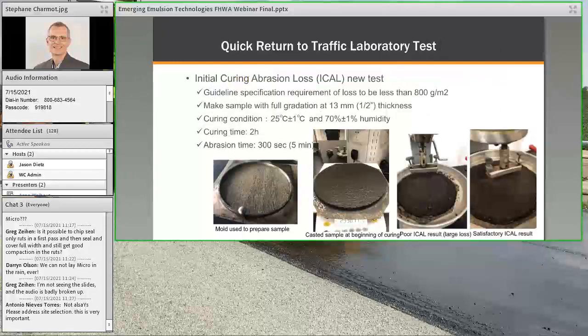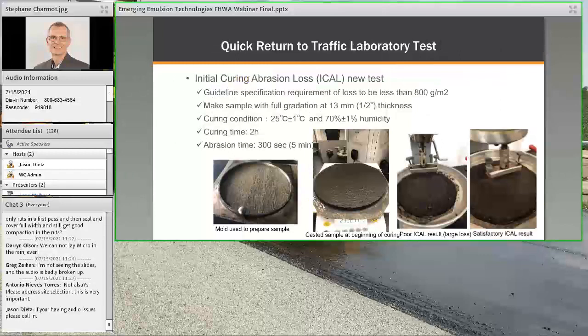So what's interesting, again, it's a new test. There are many other tests, so I'm just mentioning this one because maybe it's of interest to you to evaluate a quick return to traffic system. So it uses some already available equipment, the wet track abrasion test that is part of the original mix design. So the equipment is available, and basically what is proposed with this new test is to make a thicker sample, to basically cast a microsurfacing using the full gradation according to the job mix